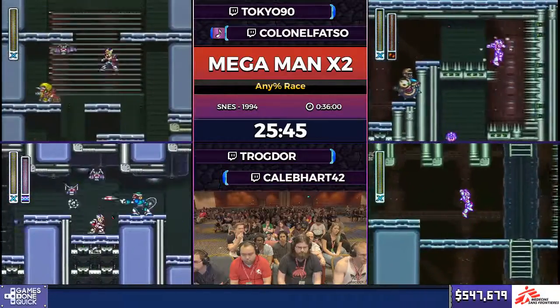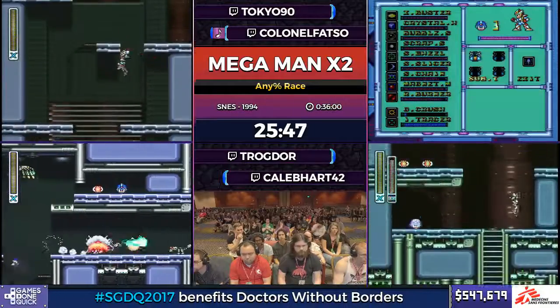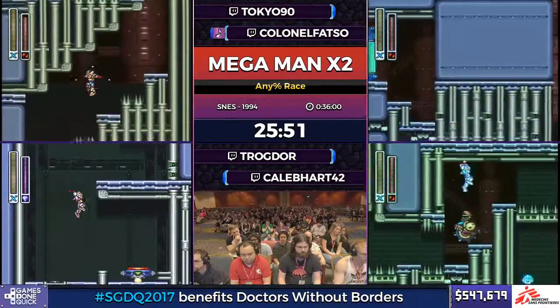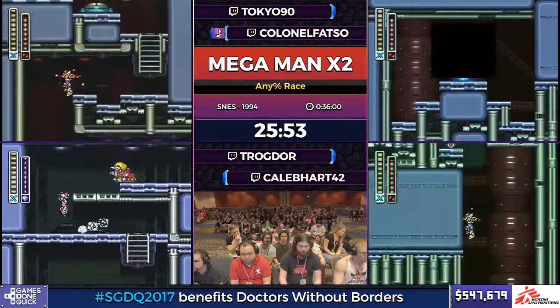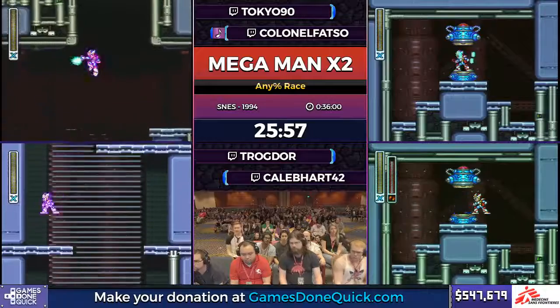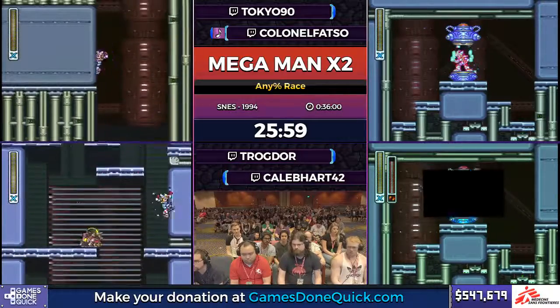All right, Fatso. All right, he's through top route. He did have to use the sub tank, but he's through. Yeah, so when you release a fully charged pink shot while air dashing, X is standing for 1 frame. So if you jump on that same frame as you release the shot, then you can do a double or